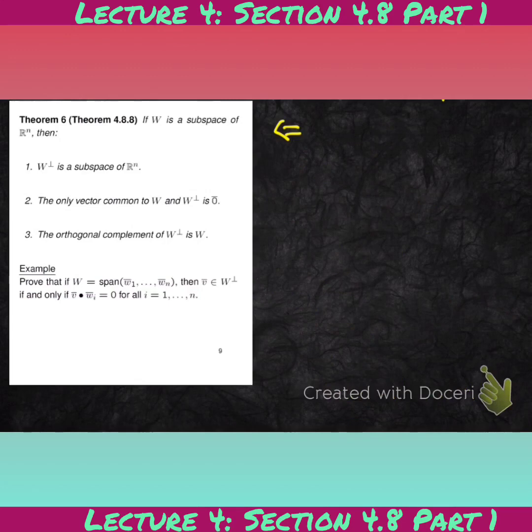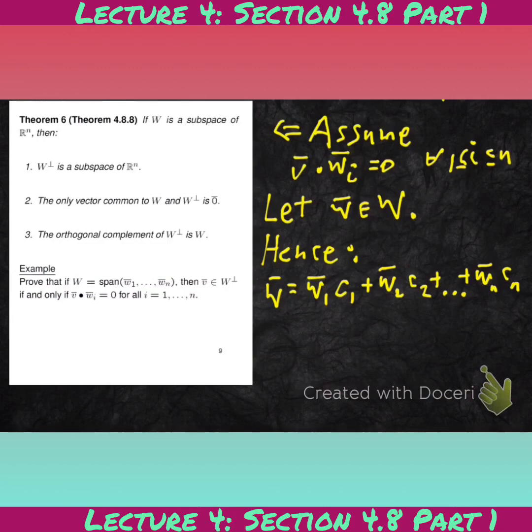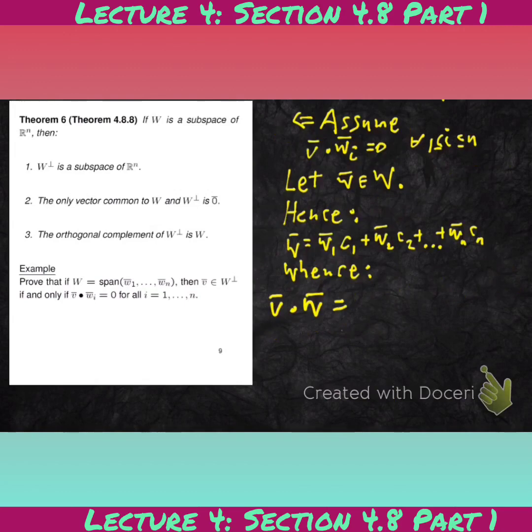Now we prove from right to left. What we're going to do is assume that V is orthogonal to every Wi. Then we take a vector W bar in capital W. Thus, we can express W bar as a linear combination of these basis vectors, because it's in the span of that basis set. So if we take the dot product of V with W bar, then we get